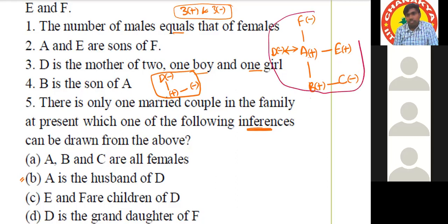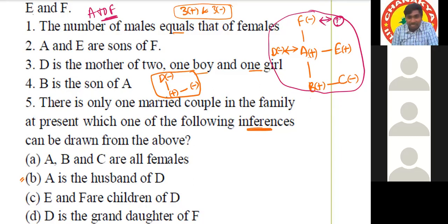Sir, if there is no married couple, then how are A and E and F one sort of family? Whatever we have discussed, all those are the possibilities only. In the given information A to F, there is one married couple. There may be some more persons. How it will be possible means that person's information is not given. Okay, sir, understood.